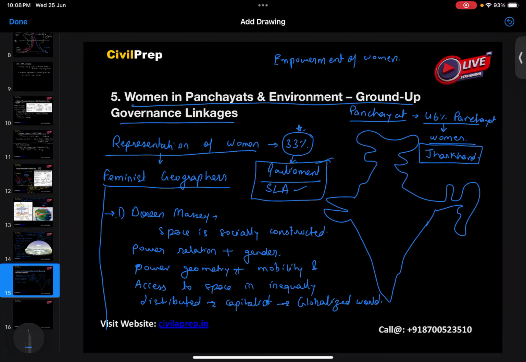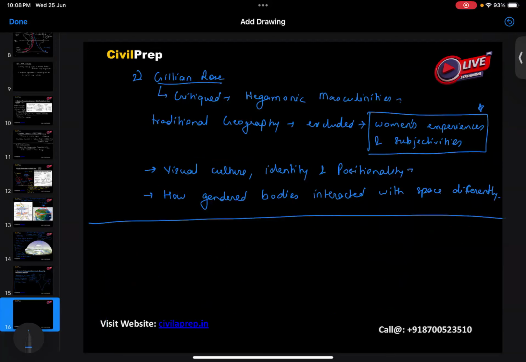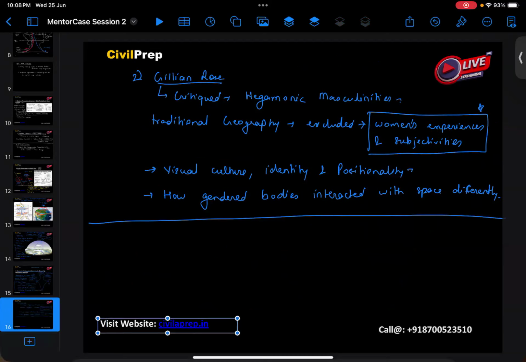Define the spatial relation of men and masculinity with respect to power and power geometries here. So therefore, we see that this gives us a very good perspective for the development of the power solution in India. Okay. So here, if we look at another case study, or we can look at the real world solution,